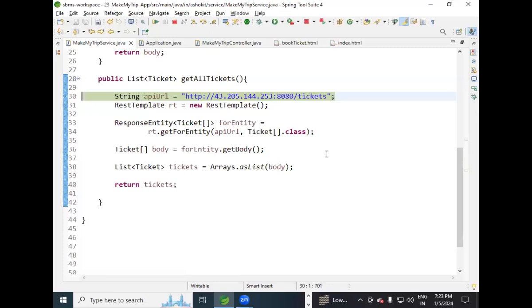IRCTC. I want to access that. Get request. What is this? getForEntity. What are the parameters for getForEntity? API URL, Ticket[].class. Why am I taking a ticket array? There is more than one ticket available. A list of records is available, so I'm taking it as an array. That array I am converting back to my list. Then I'm returning